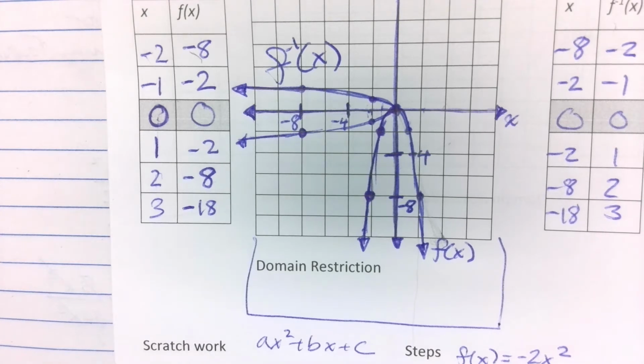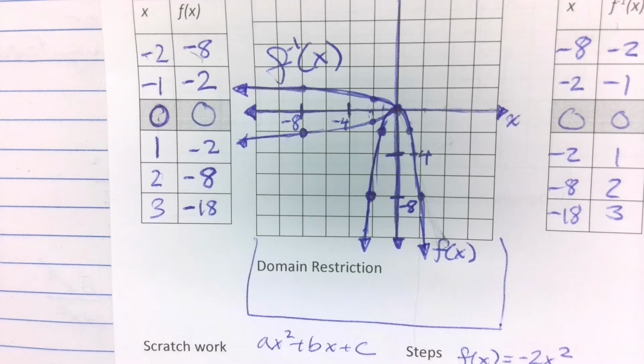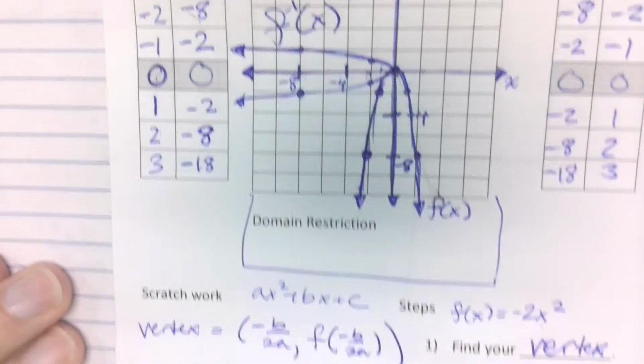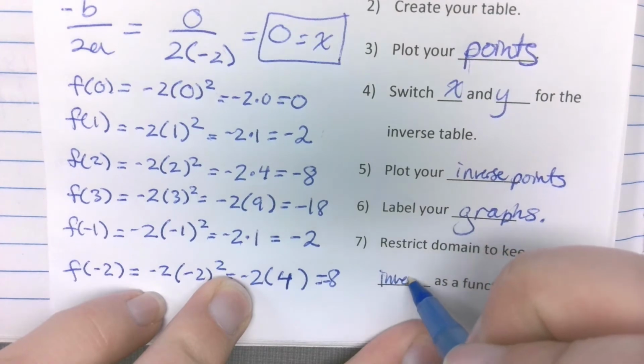And we only have one thing to do, and it's actually the second easiest. The easiest is the inverse table where you just switch x and y. Okay, so the last thing we need to do is to restrict the domain to keep the inverse as a